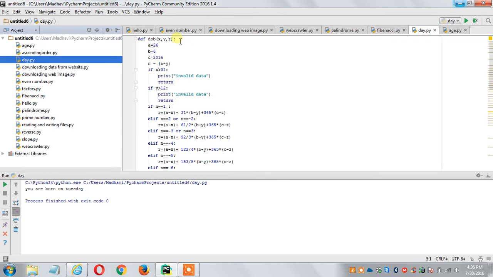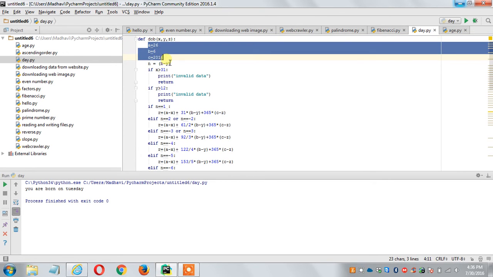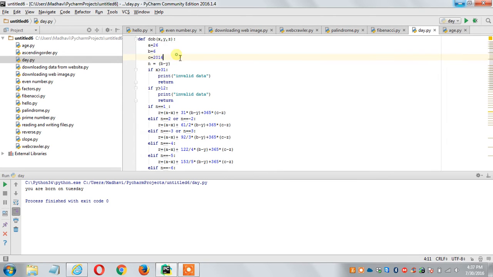So first we are defining some function called DOB, and I guess that stands for day of birth, just a short form for that. And we are taking three variables, as I said. First we have date, not month but date, and next we have month, and then we have year. Okay. Oh wait, this just messed up. Okay, that's good now. And I need three extra constants, not variables, because they're already defined